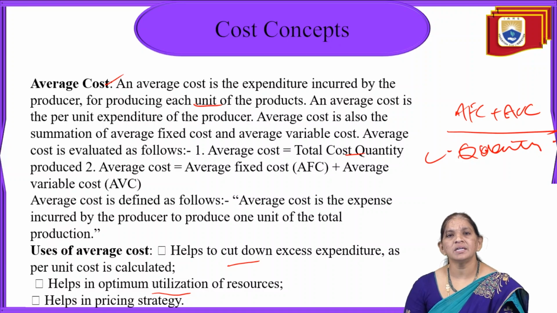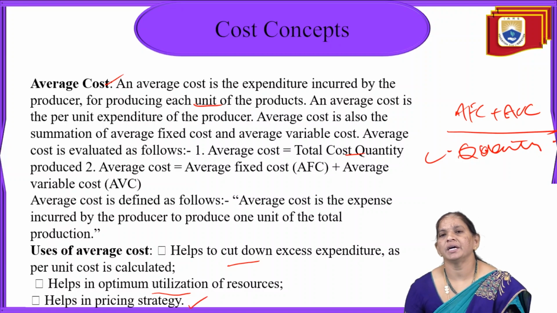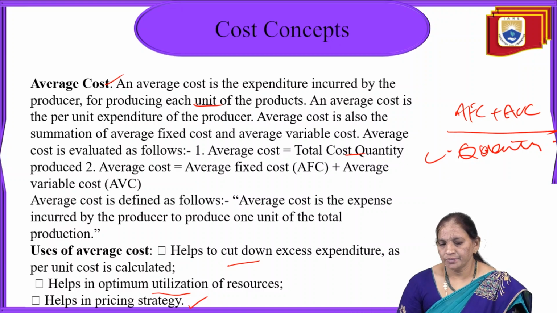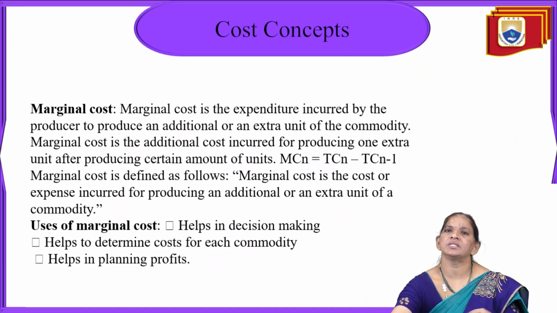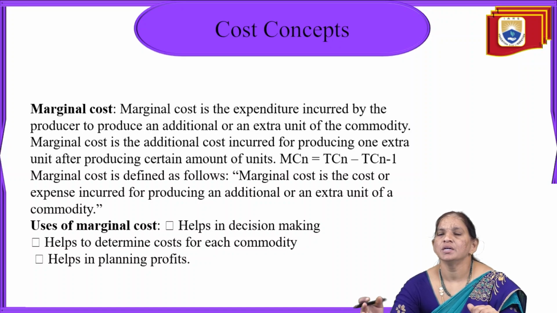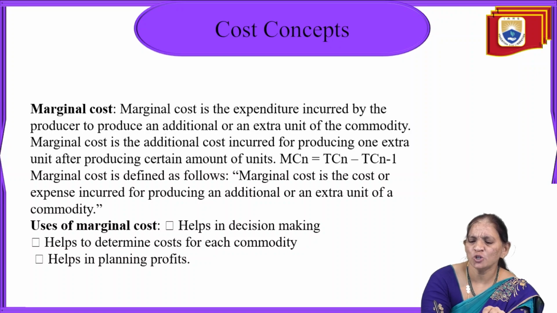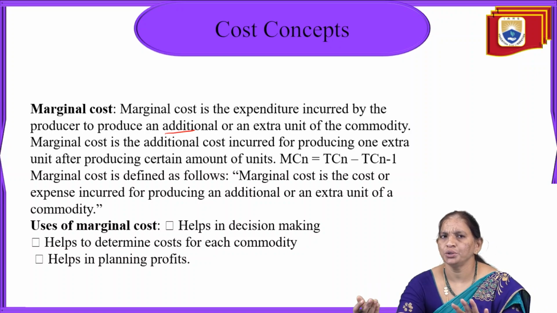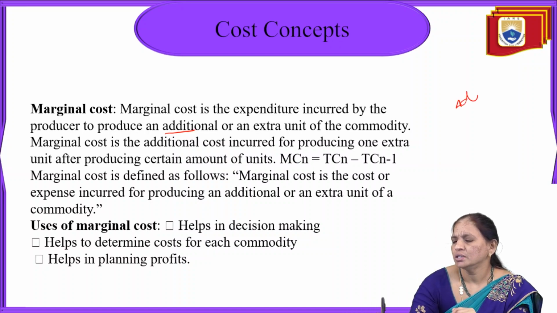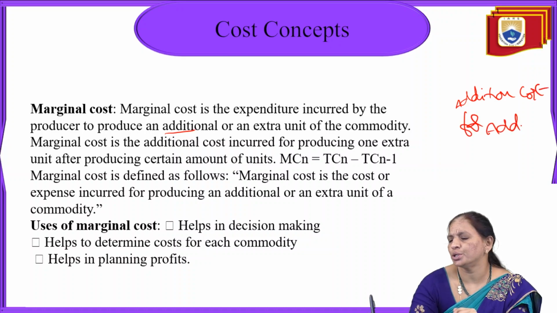And along with this advantage, this average cost will also play an important role in identifying the pricing strategies of the organization. And the next cost we have in the sequence is marginal costing. This marginal costing is simply the marginal, meaning additional cost of an additional unit of production, meaning additional cost for an additional unit produced,